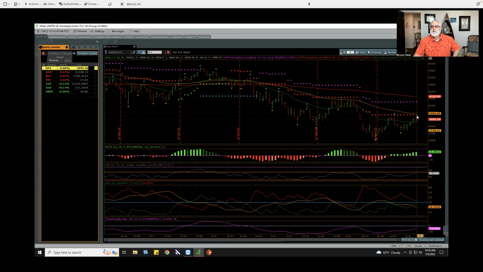Now, will it fall back down? Or will we break through? Well, I don't know, but I will tell you, if you pretend you can see a line from where my cursor is, and we kind of connect the bottoms, those are higher lows. So we're in a very short-term uptrend, but again, the 20 is below the 50, 50 is below the 200,